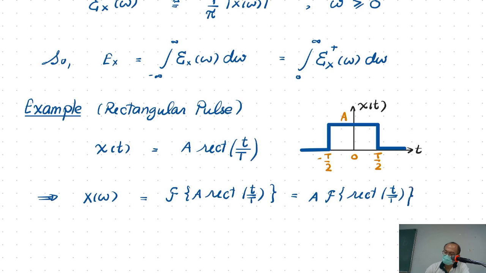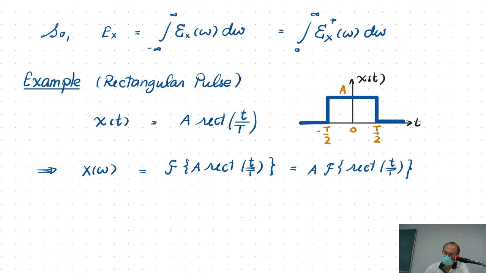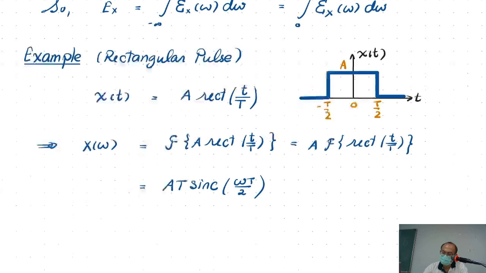And I know that we've done this before. The Fourier transform of a rectangular signal is just the sinc function, right? It's just the sinc function. So it is A T sinc of omega T over 2. So this is the spectrum of the rectangular pulse. Now,